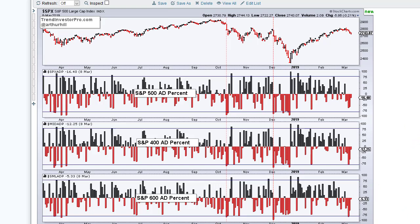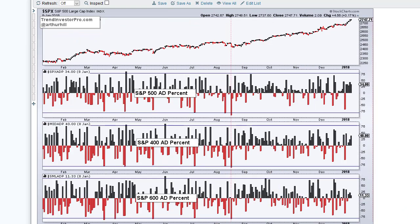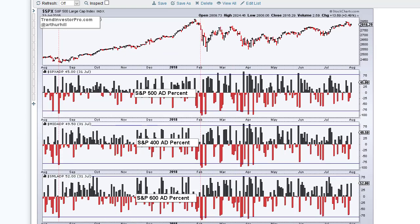So I'm going to move the date slider to 2017, and now we can see one of the signals that didn't work. There we had a triple 90% down day. All three 80% moved below minus 80%, but this did mark a low. So it's not a perfect indicator, but I think at the very least it's signaling that we're heading for some sort of a correction. And one more to show you was the one we had in February